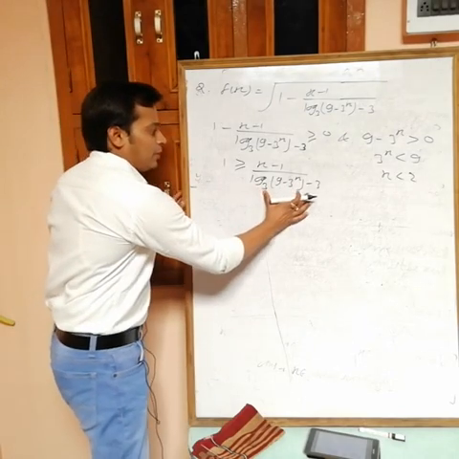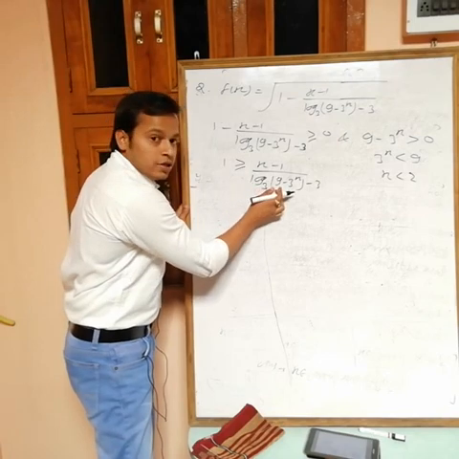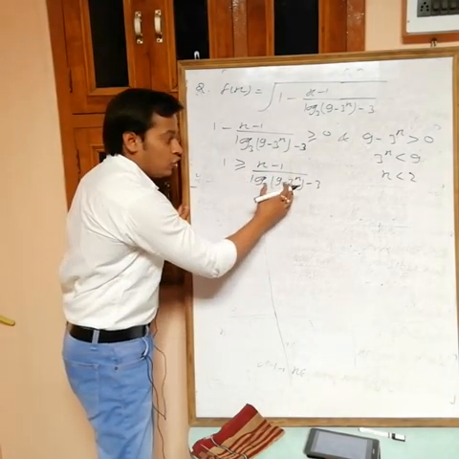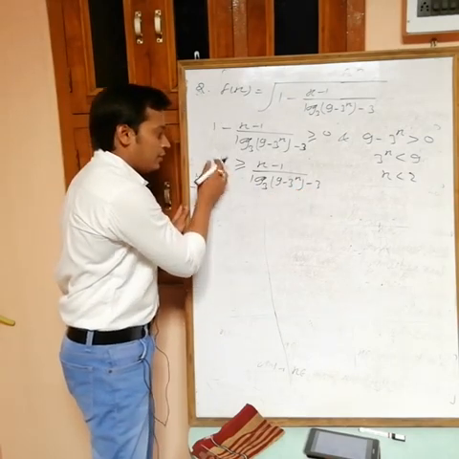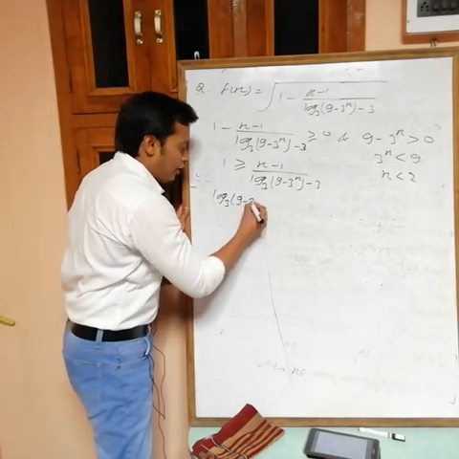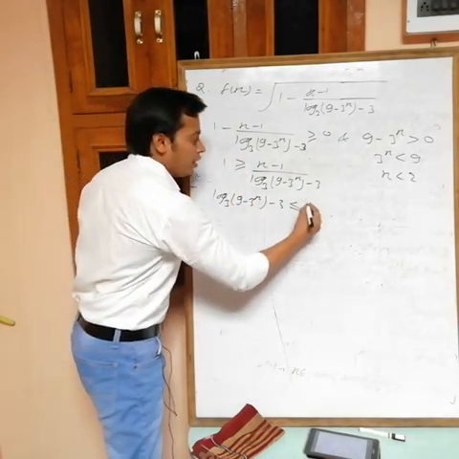So I am multiplying this one. The maximum value of this one is 9. Log 3 of 9 is 2, since 3 power 2 is 9, and log 3 of 3 is 1. So 2 minus 3 is minus 1, negative. So I am multiplying at this side. If you multiply with it, what we are getting: log 3 of (9 minus 3 power x) minus 3, then change the sign because this one is negative, x minus 1.